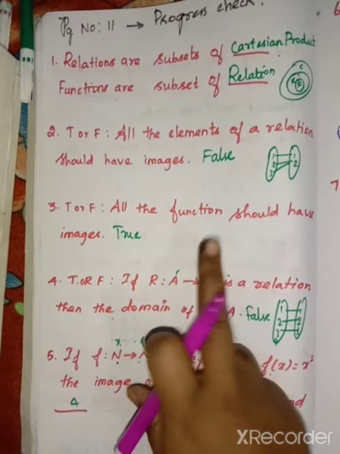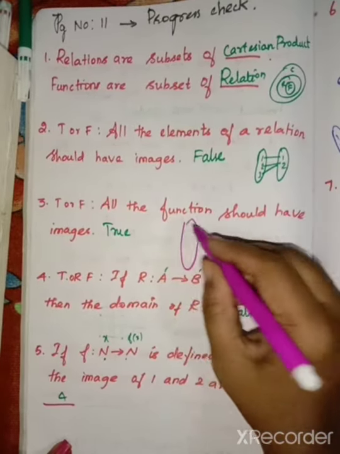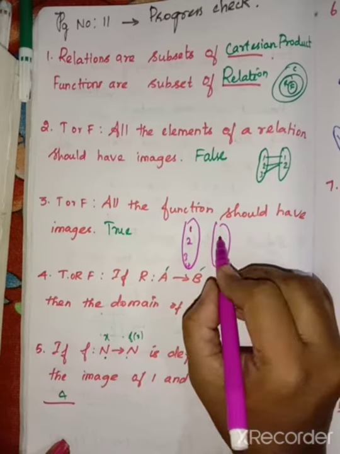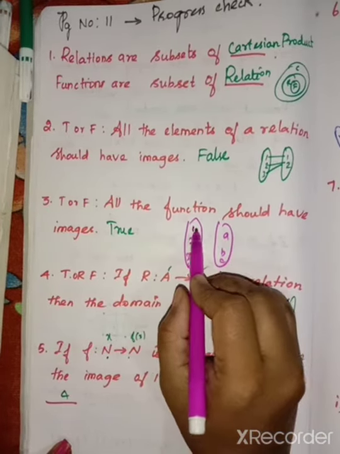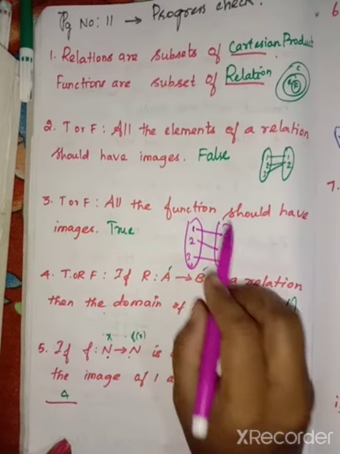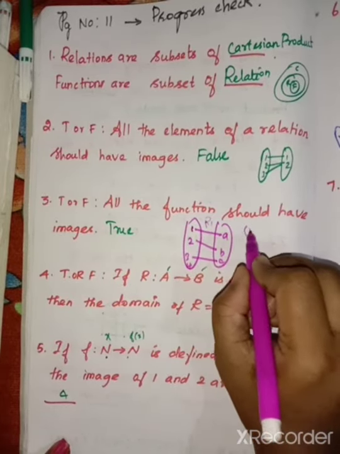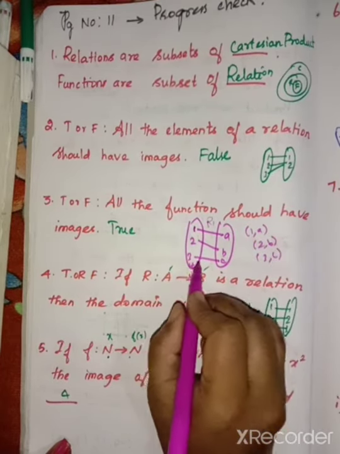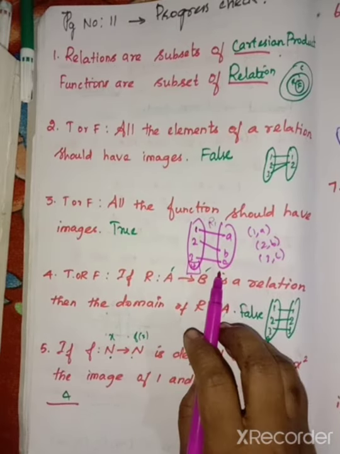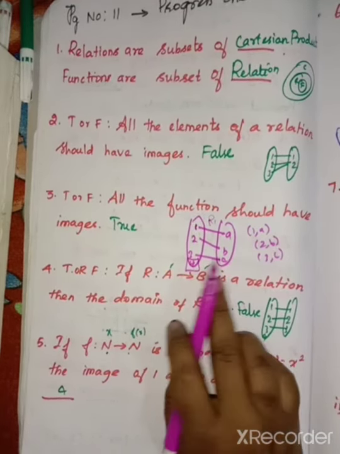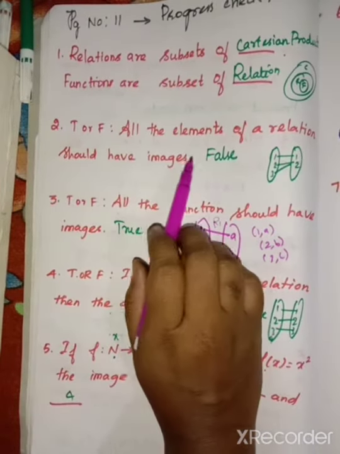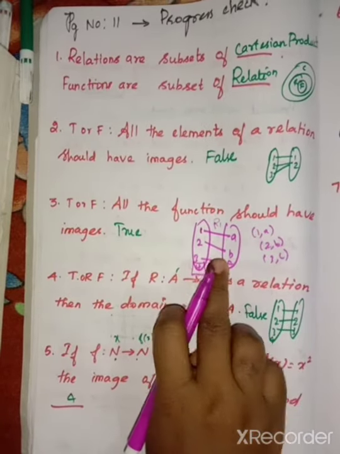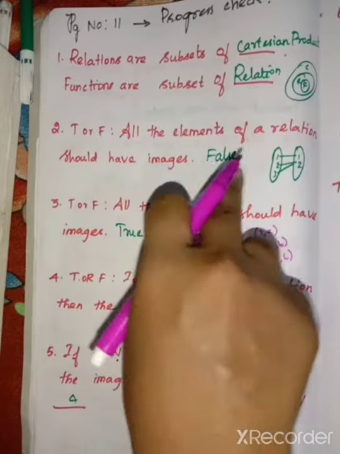The second and third parts may cause confusion, but for the arrow diagram you know it. Again I remind you. Here we have 1, 2, 3, 4, and here A, B, C. If you draw the arrow diagram, it is a relation, because we have the paired elements 1 comma A, 2 comma B, 3 comma C. If paired, it is a relation, but 4 does not have an image, so it is not a function. Earlier I told you all the elements of a function should have images, but 4 does not, though we can say it is a relation. So this condition is a false statement.